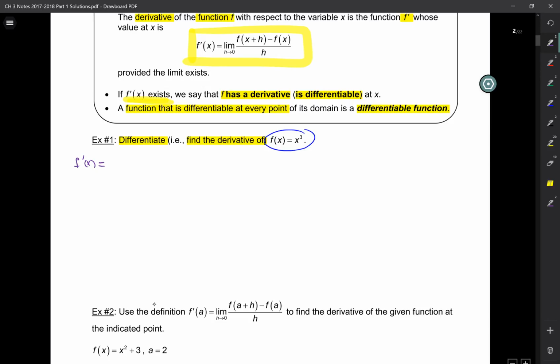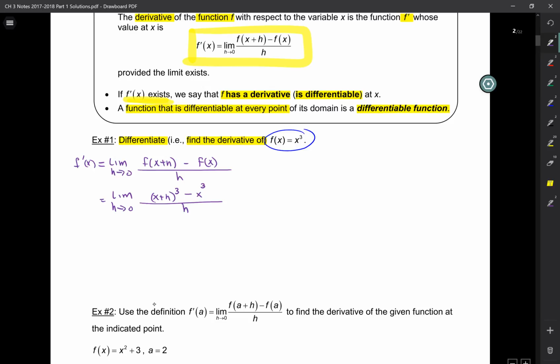Now we're going to call it f prime of x. And it's going to be the limit as h approaches 0 of f of x plus h minus f of x all over h. Why do you say f prime of x instead of f of x? Because what we're looking for is the derivative, right? And the symbol for the derivative is f prime. Do we need to also carry the f prime always? No. So this is going to be x plus h cubed minus x cubed